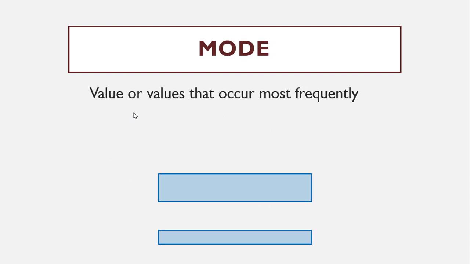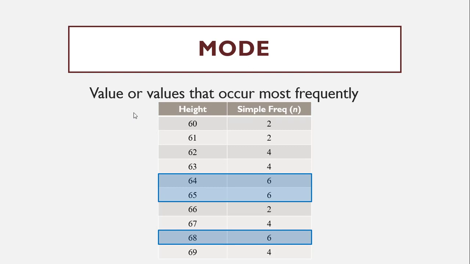The last thing that we can do is look at the mode. And so the mode is the value or values that occur most frequently. So if we're looking at our original data, we see that the heights of 64 and 65 both have a frequency of 6, as well as 68 inches has a frequency of 6. So individuals that are 5'4", 5'5", 5'8" in our data